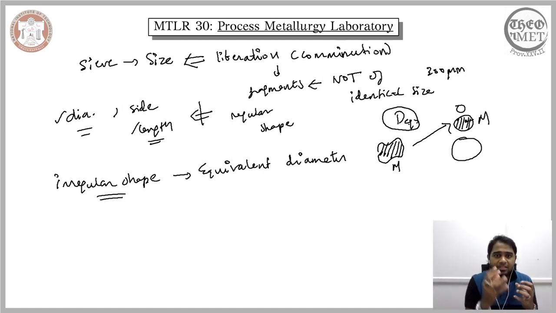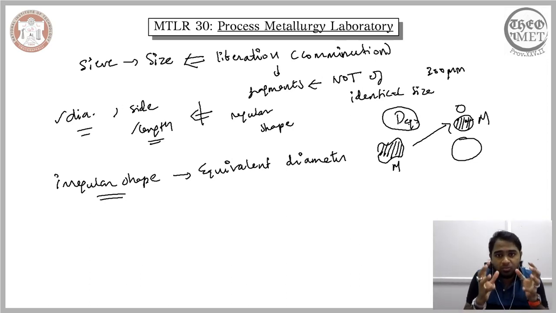So the equivalent diameter of this particle is essentially identified by considering the mobility. Now, in case of sieve analysis, we would see in a few minutes that this equivalent size is determined in a different manner. Otherwise, we would be stuck with studying the mobility of different circular particles and relating it to the mobility of the irregular particle and identifying the equivalent diameter. But the sieve analysis gives us a unique, or rather a straightforward way of identifying the equivalent size of irregularly shaped particles.